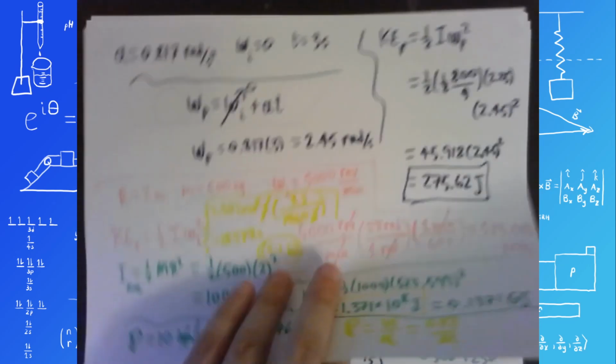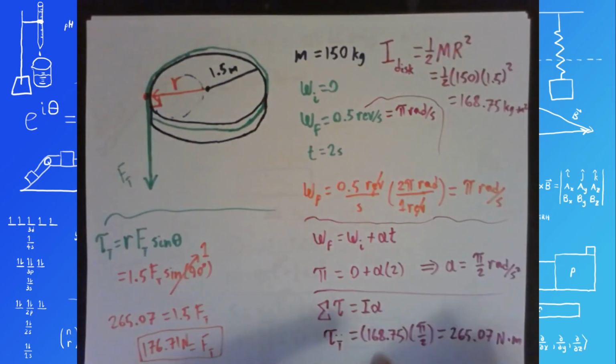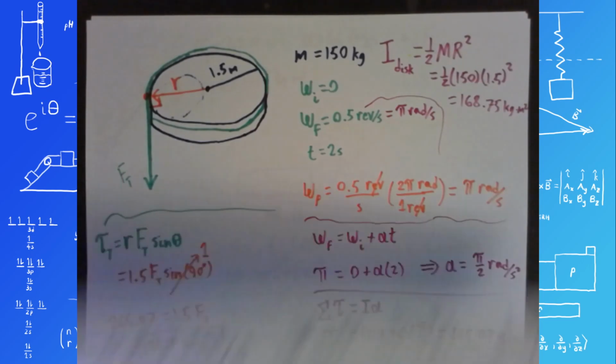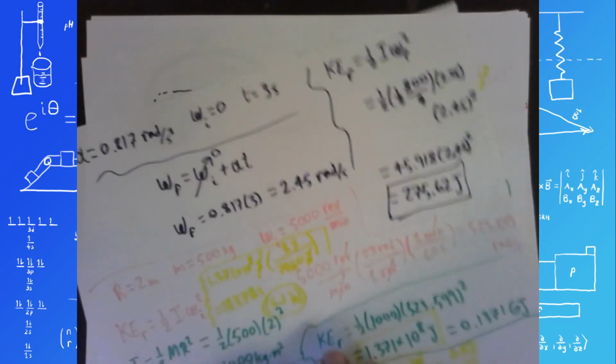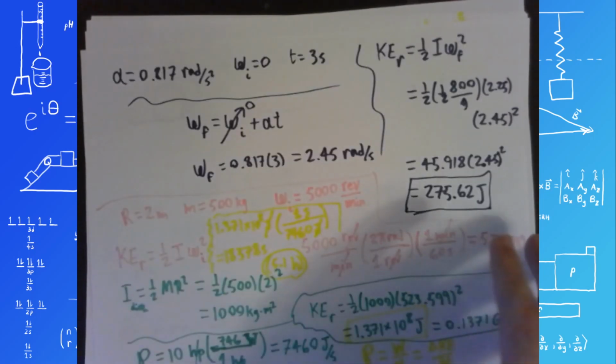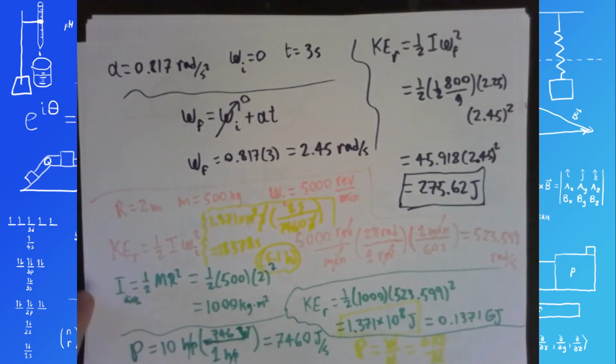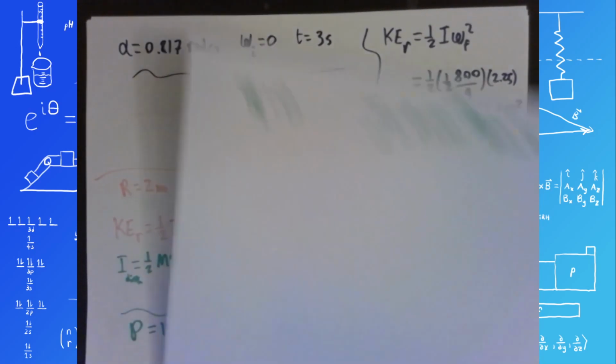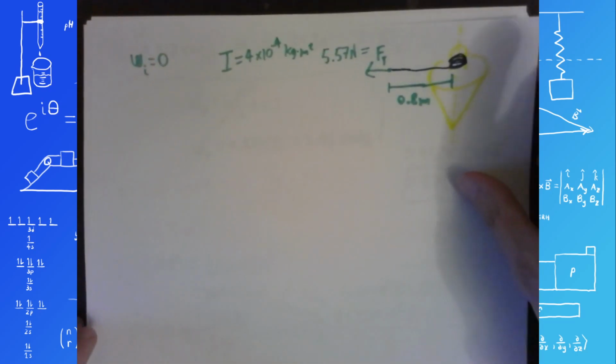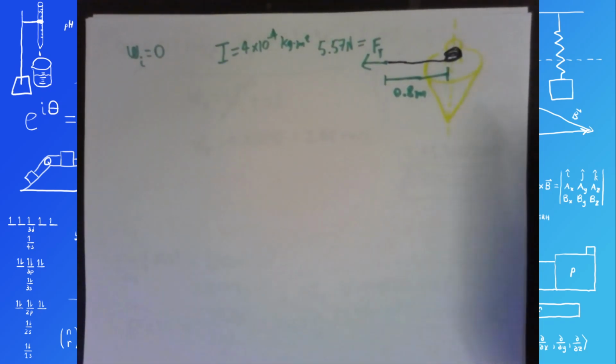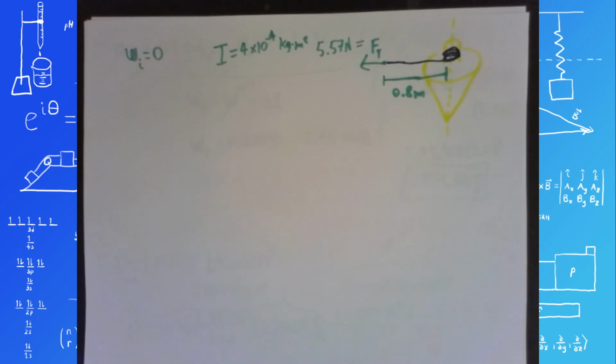Was it this one? Or I think it might have been this one, where I mentioned that there's actually 2 different routes we could have taken with it, whichever problem that was. This is what I meant. So now we're encountering a problem that actually forces us to take that other route because we have no other choice. There is a way to figure out the final kinetic energy just by calculating the work done by the